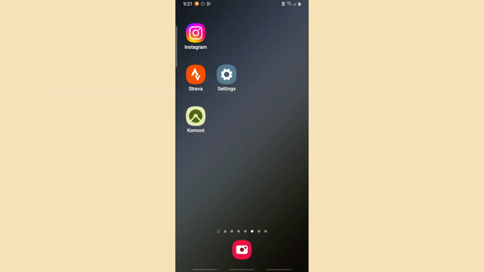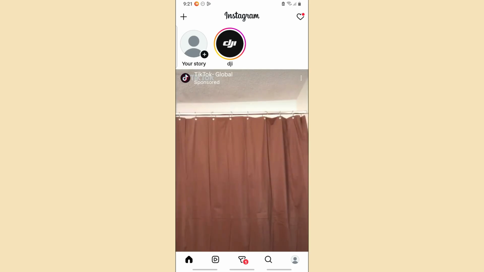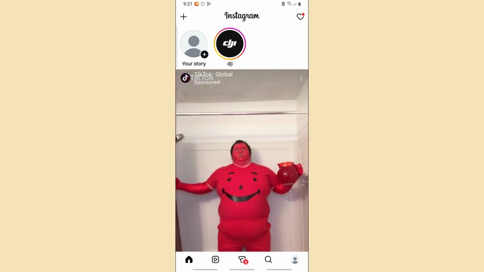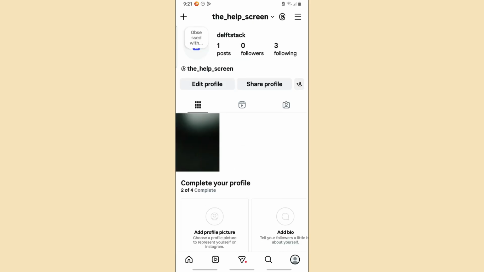So, first is you can just simply go ahead and open up your Instagram application on your device. And now, here, you can just simply go ahead and tap on your profile icon at the bottom right corner of the screen. And now, over here, once you are on your profile page, we just simply select the menu icon, which is the three lines on the top right corner of the screen, and it will redirect you to